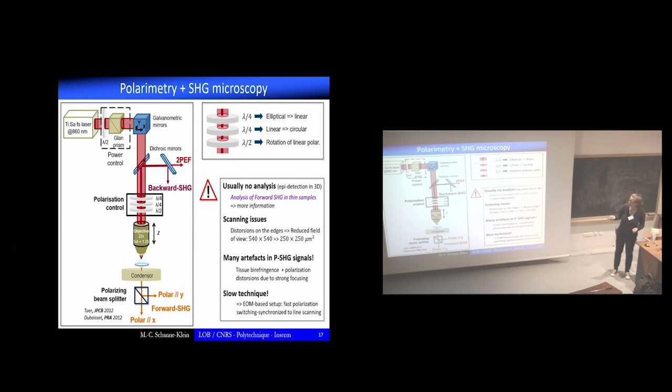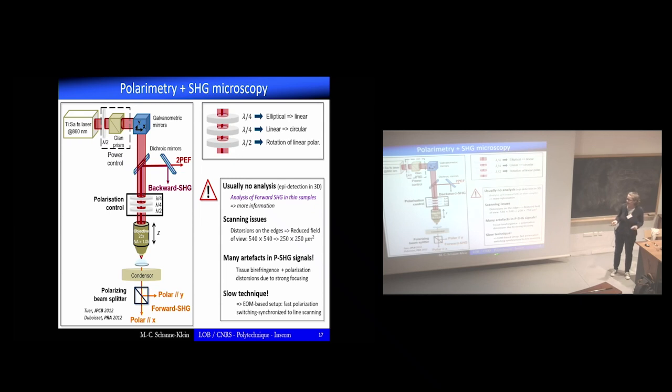There may also be a few artifacts, some scanning issues, also due to the birefringence that rotates the polarization, and some polarization distortion due to strong focusing because there are optical components. We know the effect of all these artifacts, and that's also the reason why we have a very simple analysis. You will see no Jones matrices, because here we just have a very simple analysis not to be sensitive to